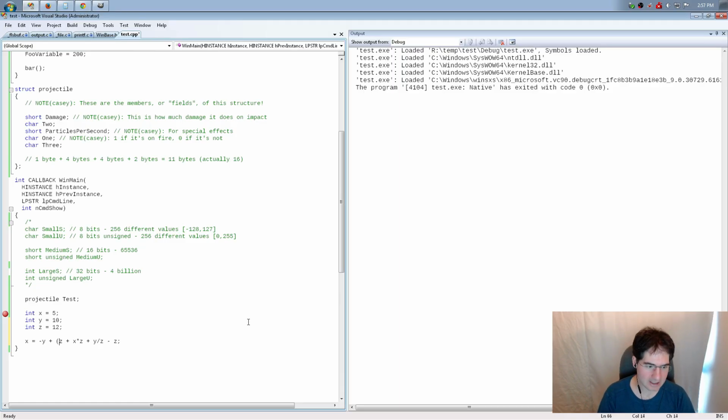So if you wanted z plus x to happen first, put it in parentheses. And you can always do that just like you can in math. Now, the thing you can't do in math is infer a multiplication where there wasn't one. So I can't write that. If I wanted z plus x times z, I cannot write that. It is not allowed in C. You must always actually specify the operator. In mathematics, you can just put something next to something else and it means times. Not the case here. Same thing, I could not just use a space to say x times z. Can't do that. You have to always actually say what it is you wanted to do.